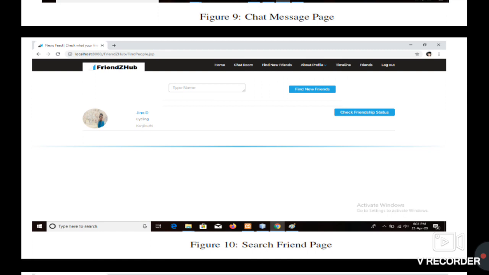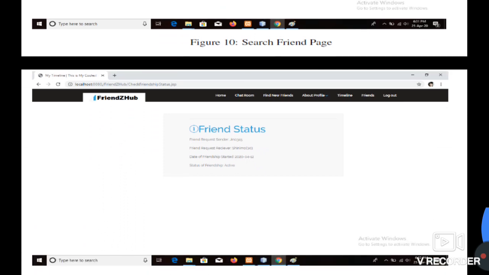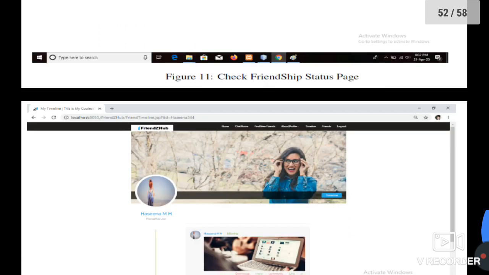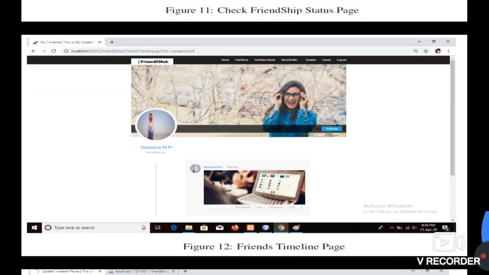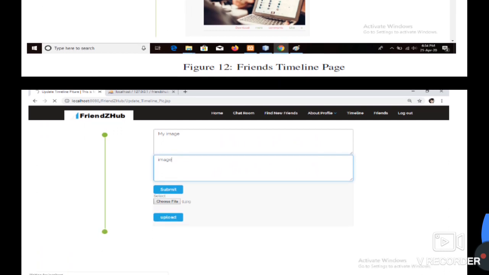If yes, then he could make friendship with them, and a friend status will be shown. If he has already made them his friend, then it will show a message with the friend request sender and receiver, and the date the friendship started. Next is the friend's timeline page. So here he could view his particular friend's timeline page and their posted images.